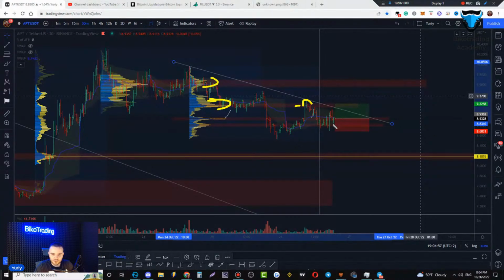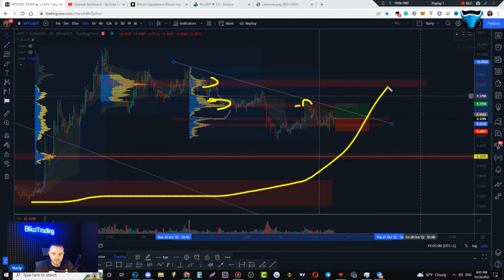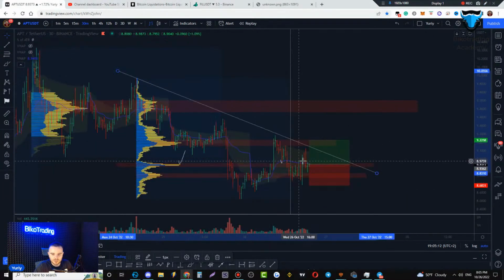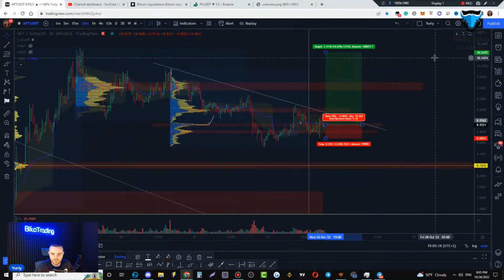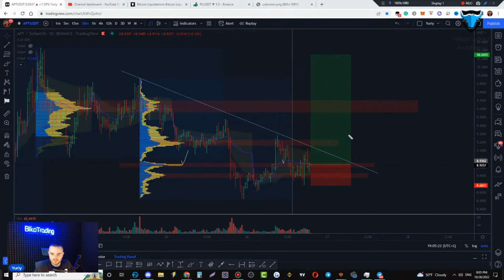At this moment, what's really important to continue this trend is for price to break up this trend line and break up all this volume profile. That would be the best confirmation for entry. If you would like to play risky, you can take a long trade at this moment. If you would like to play safe, conservative, I would wait for a breakup of this volume profile area, and at the retest of this volume from the high, I would take a long. That means it depends what you like to do. If you would like to play risky, you can take it right now,